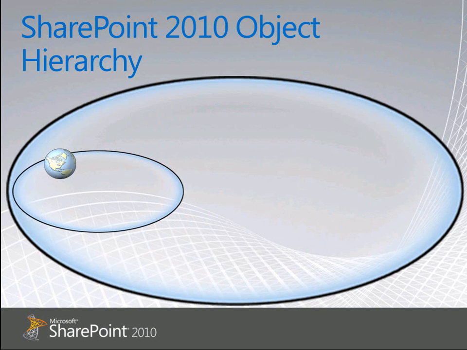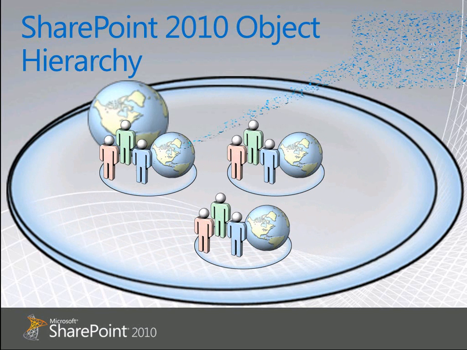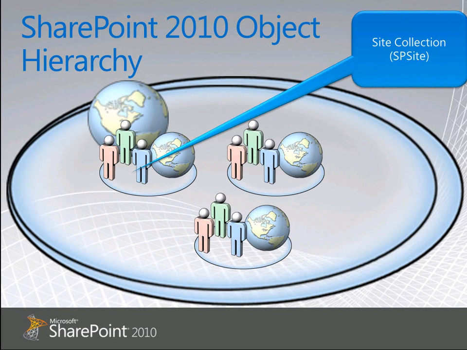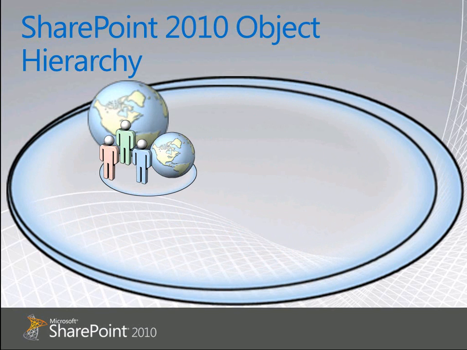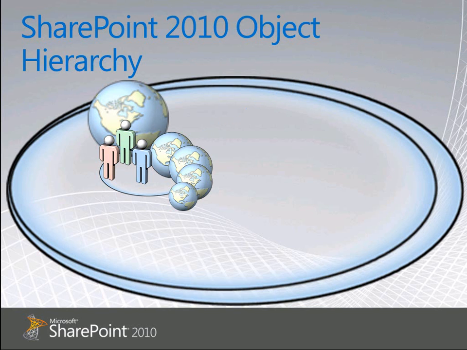Within a web application we can have one or more site collections, and these are the boundaries that really define security, so we will have users and groups set up at site collection level. And we refer to these as SPSite objects in code. As their name implies, an SPSite object or a site collection can contain one or more sites. These really are the sites that we as an end user experience, but in the object model they are called